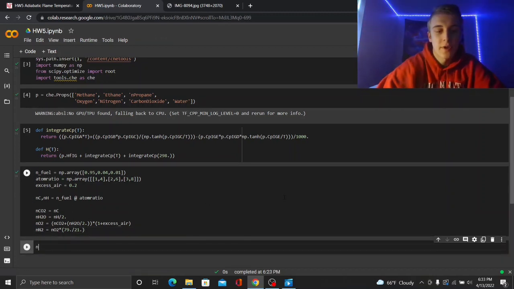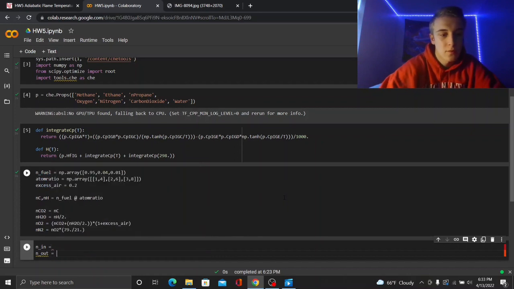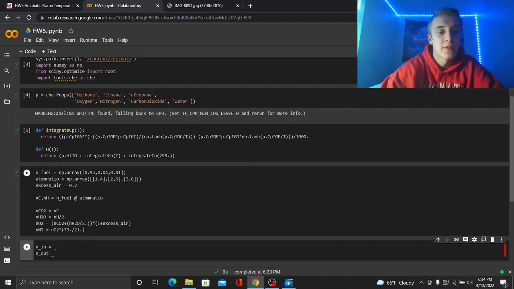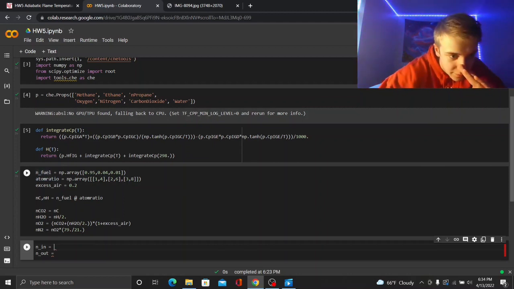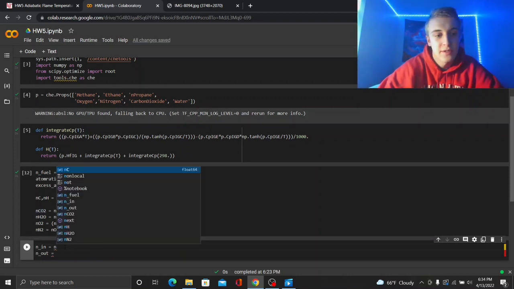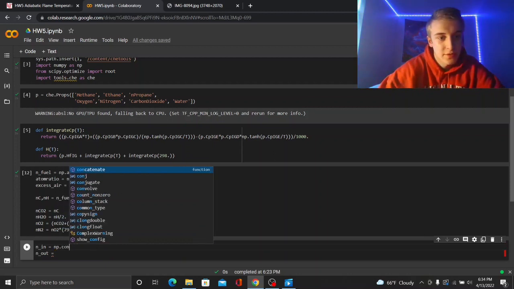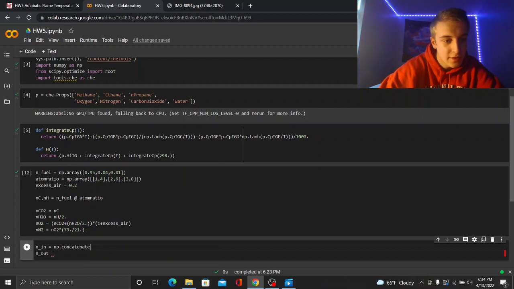So now we want to define our moles going in and our moles going out. And how we're going to do this is we're going to have to combine 2 arrays, first with our moles of each of our fuel components, methane, ethane, propane, and then another array with our moles of these values here. So how you combine arrays is numpy concatenate right here,